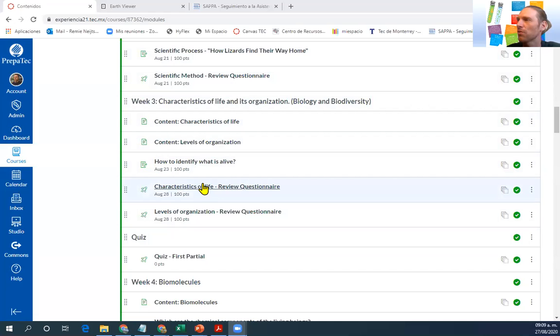And then this is the quiz of today, characteristics of life, which you do in 5 or 10 minutes after we see the little exercises. And this one is the quiz of tomorrow, okay? These are like mini quizzes. They're really not quizzes that you have to study a lot for. It's just to review the content, and it helps you to see if you understood everything. So this is what we did yesterday. Let me enter the content. Perhaps you did already, but I just wanted to do it with you quickly together before you do this quiz to make sure that everything is clear.